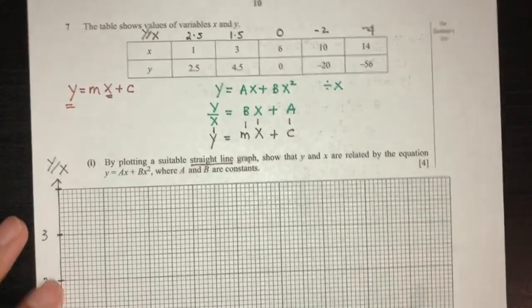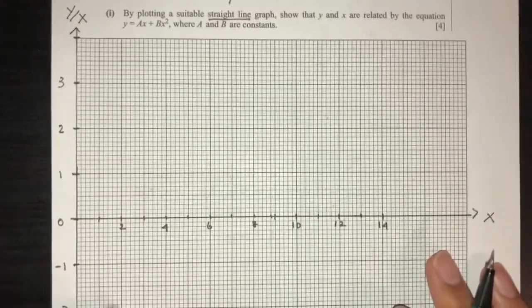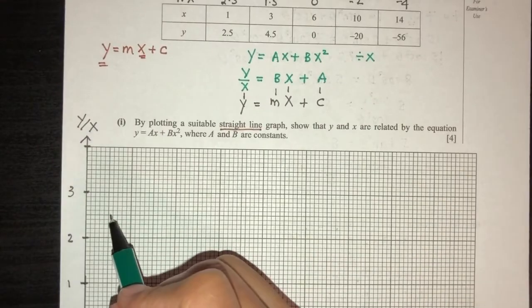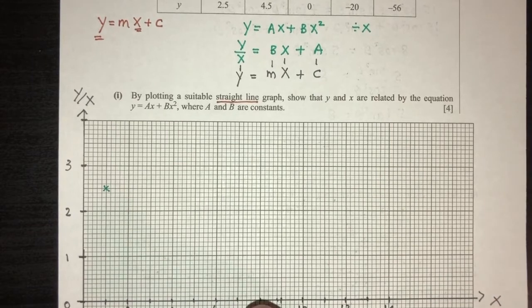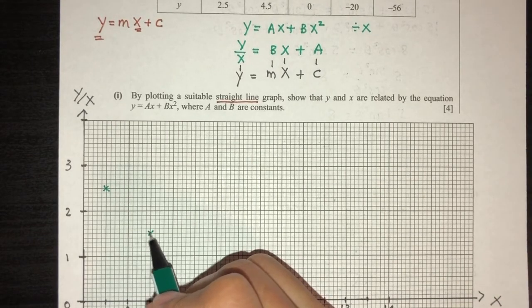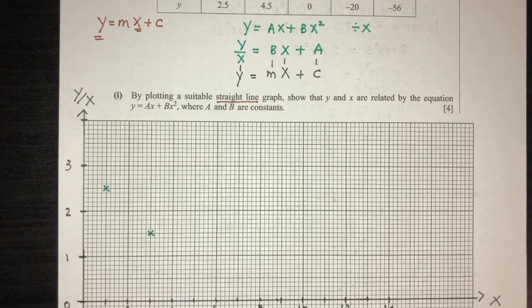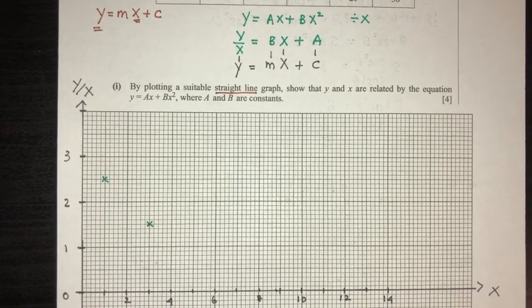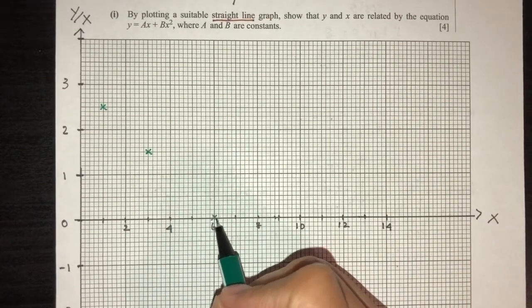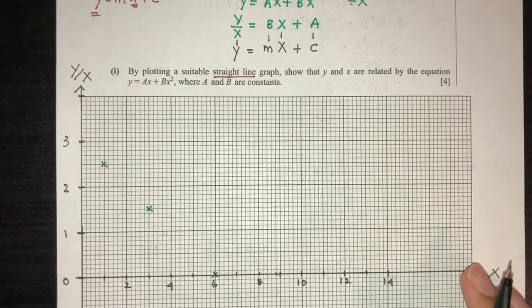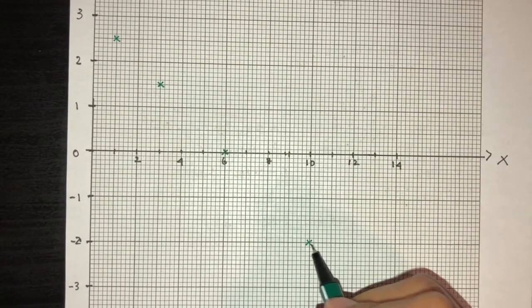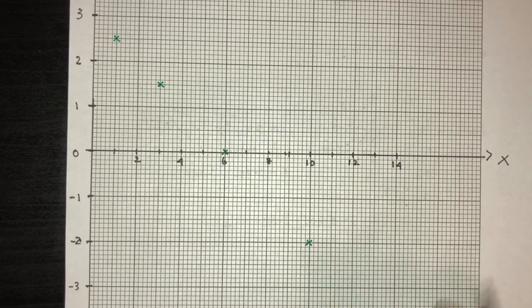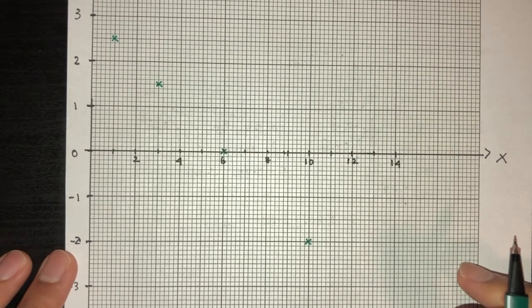So the first point we have is 1, 2.5. So 1, 2.5 is right here. Then we have 3, 1.5. That will be right here. Then we have 0, that will be, 6 will be 0. Then we have 10 will be minus 2. And then we have 14 should be minus 4